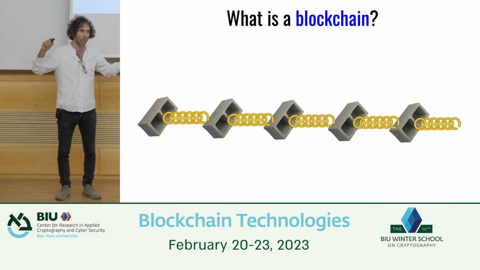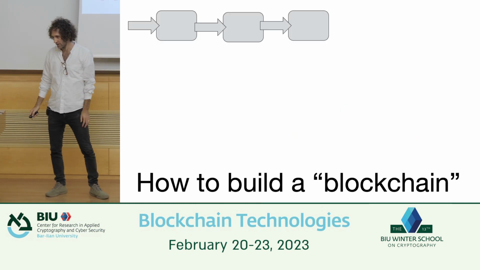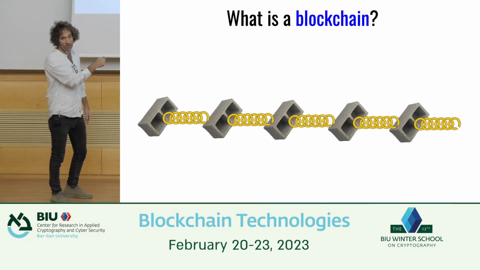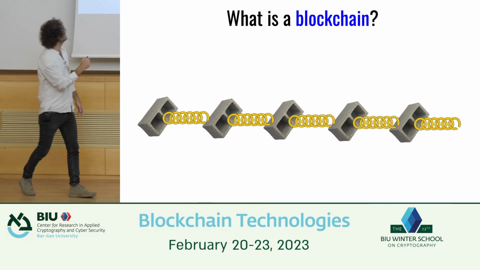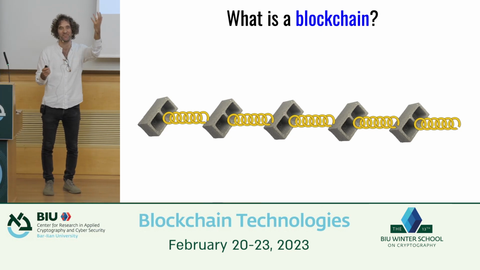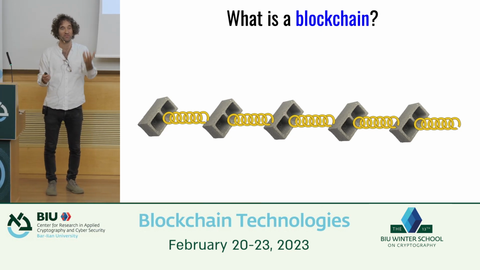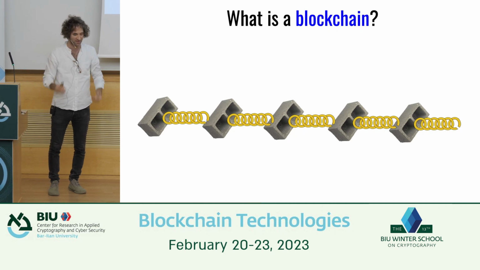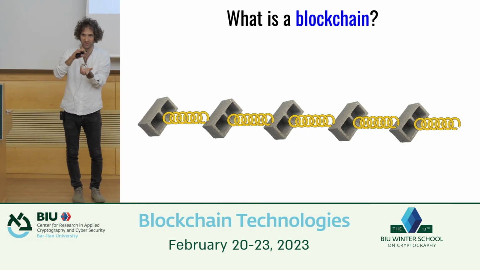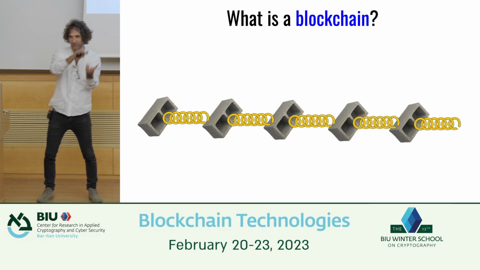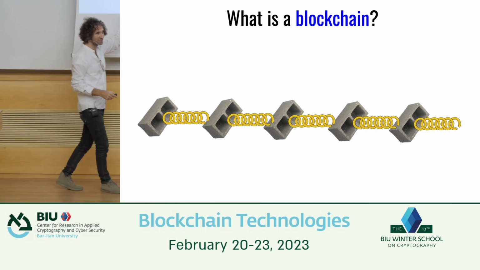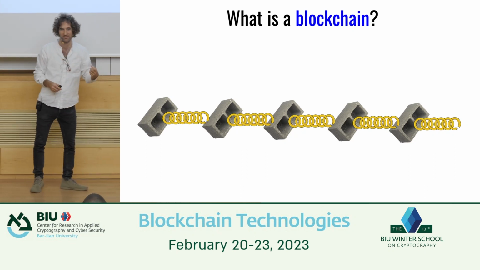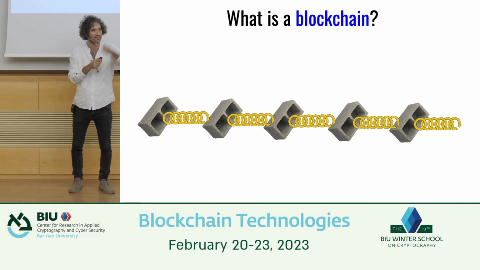All right, so now what is a blockchain? So a blockchain is just a bunch of blocks that are chained together. Okay, good, now you know. And these blocks, you should think of them as a block of transactions. So it's just a set of transactions that are put together, and we're going to confirm these transactions block by block. Okay? And it's important that these are chained together in order to get this consistency notion that once something has been added, it cannot be removed.